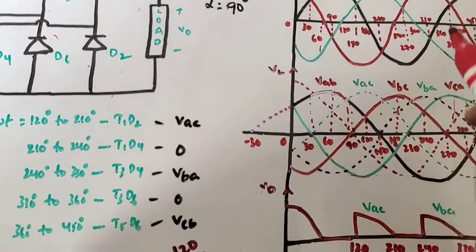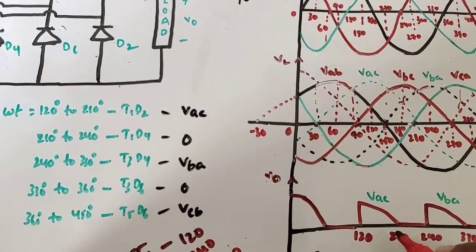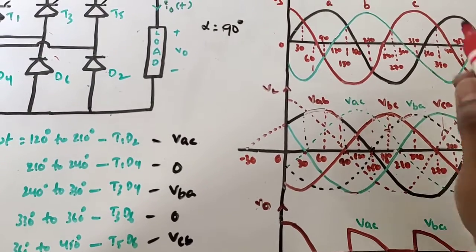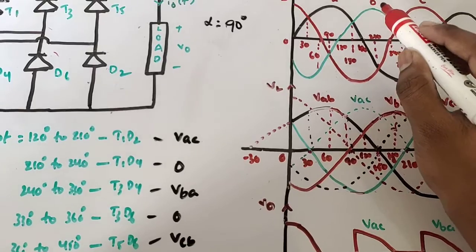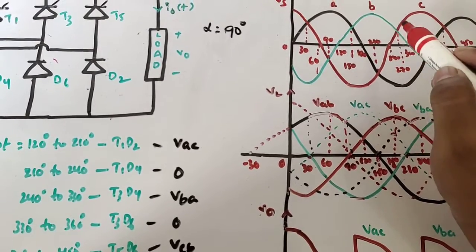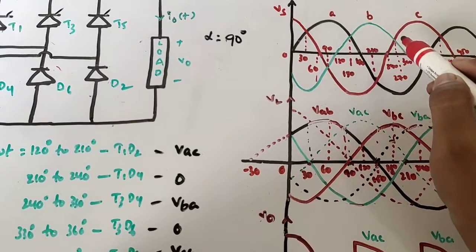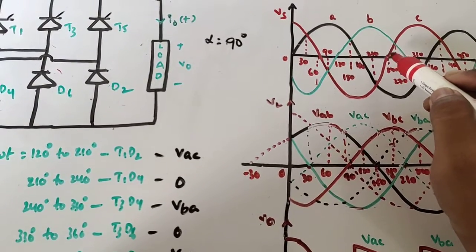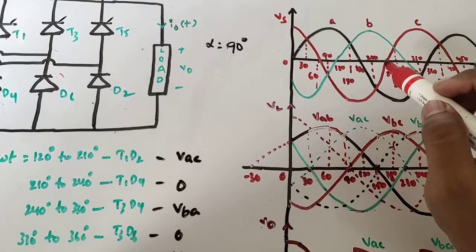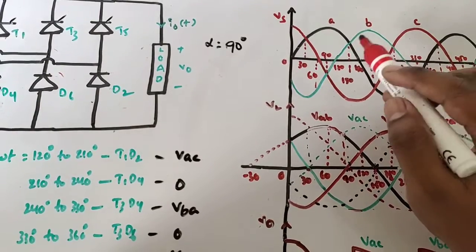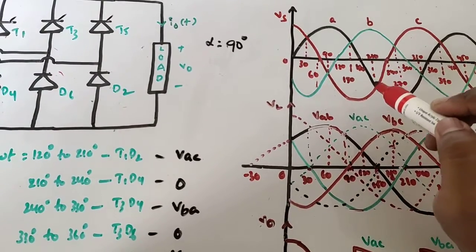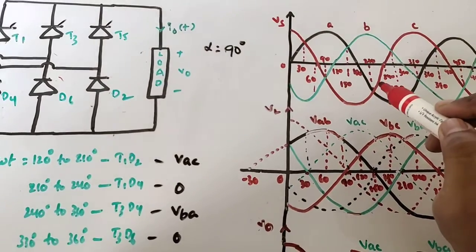And from 210 to 240, which is conducting here? Already A is conducting here, and C phase is